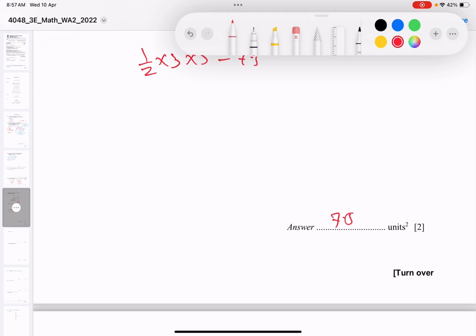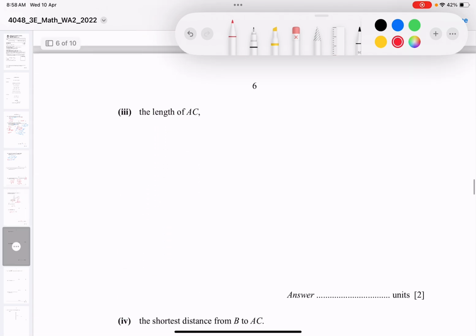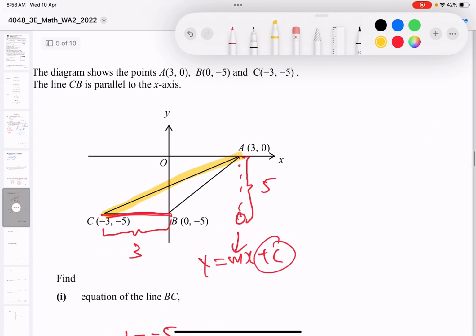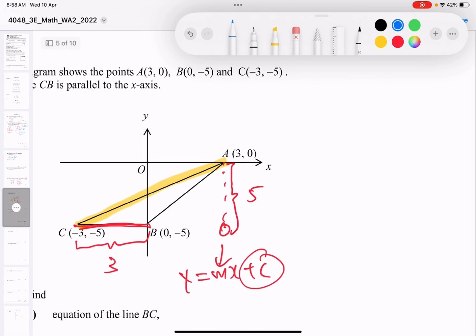7.5. Moving on. The length of AC is over here. I'm just going to do my working up here, then later I just drag it down, if that's okay with you guys. So the length of AC